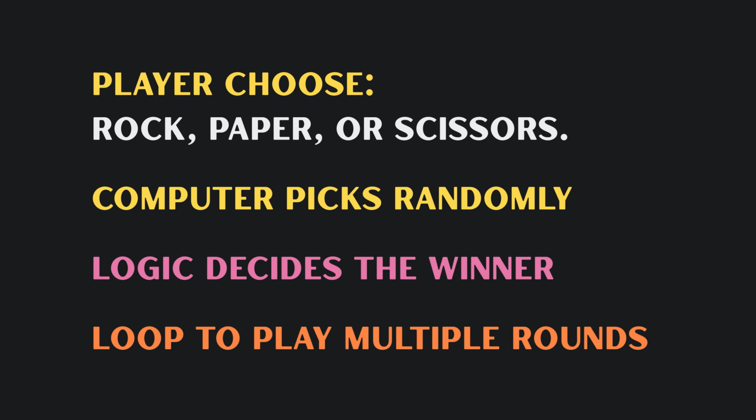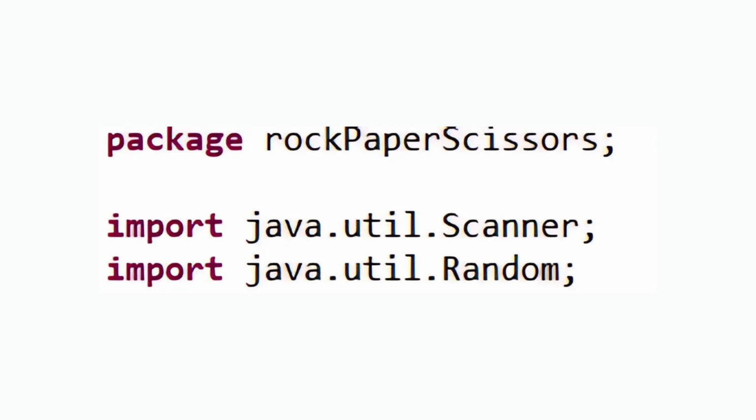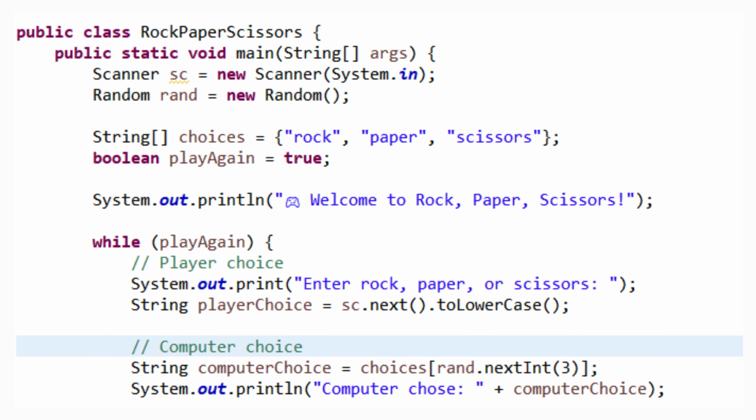So let's code it. Import java.util.Scanner, import java.util.Random. Public class RockPaperScissors, public static void main(String[] args), Scanner sc equals new Scanner(System.in), Random rand equals new Random. String[] choices equals rock, paper, scissors, boolean playAgain equals true, System.out.println welcome to